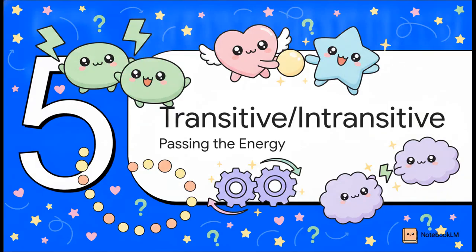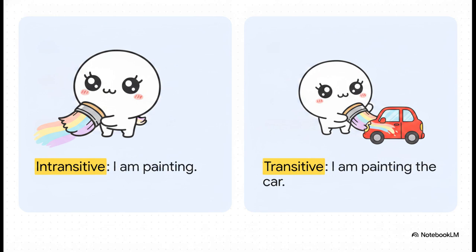All right, let's keep the momentum going into section 5, transitive and intransitive verbs. So the crucial point here is how verbs pass their energy forward. In an intransitive sentence, like I am painting, the energy stops right there with the action. There's no specific object receiving the paint. But in a transitive version, like I am painting the car, that action is passed directly onto a definite object,